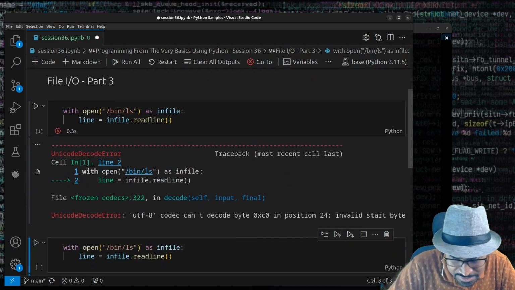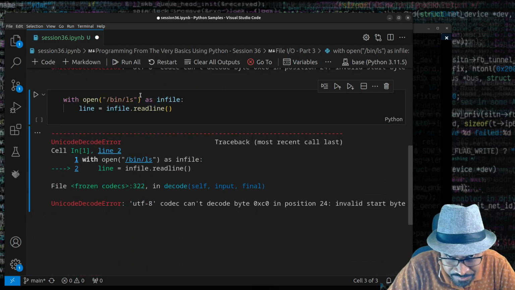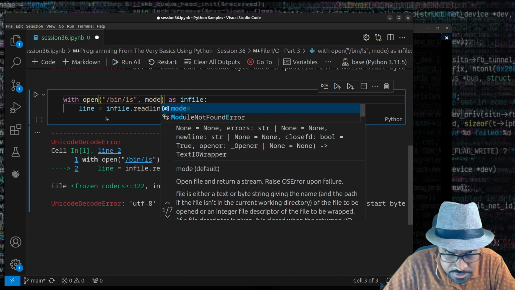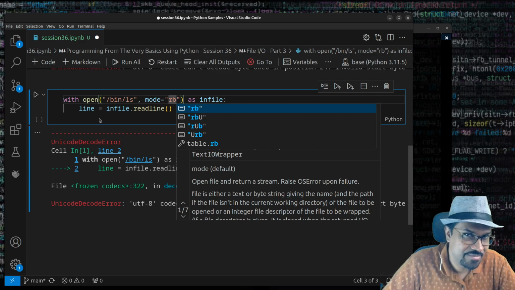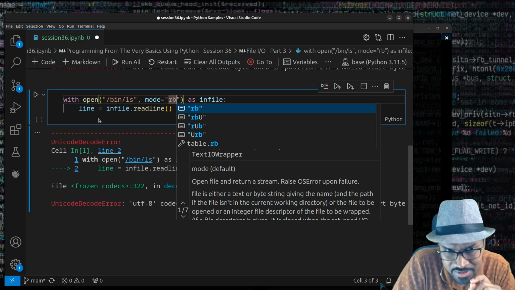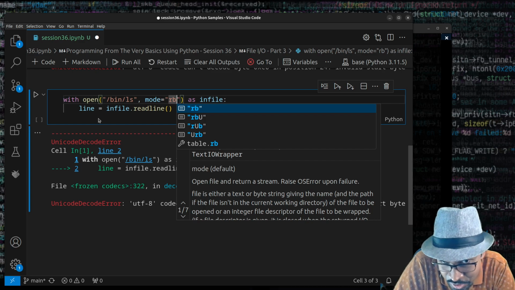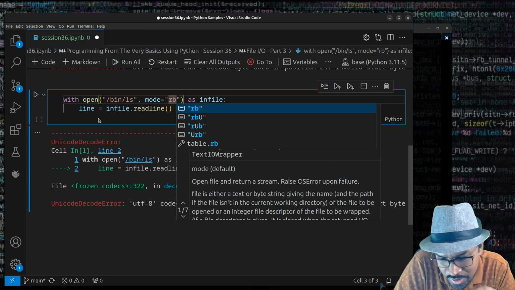I'm going to make a copy of the cell. In the next cell, all I do is type mode is equal to R, and I have to also put a B here. That extra character B indicates read in binary mode. So that's another character that you need to use. You can use RB for reading a binary file,